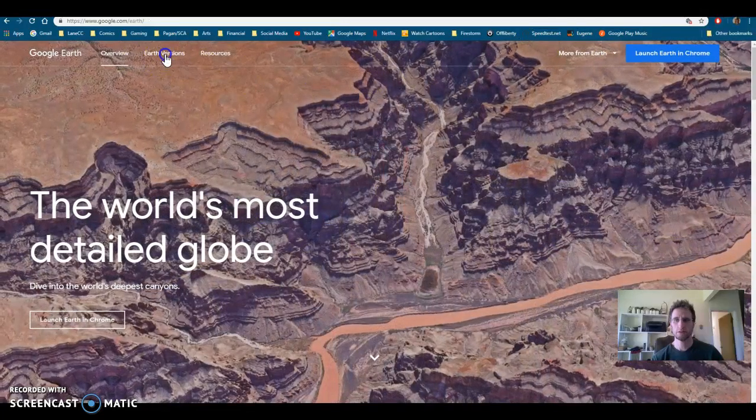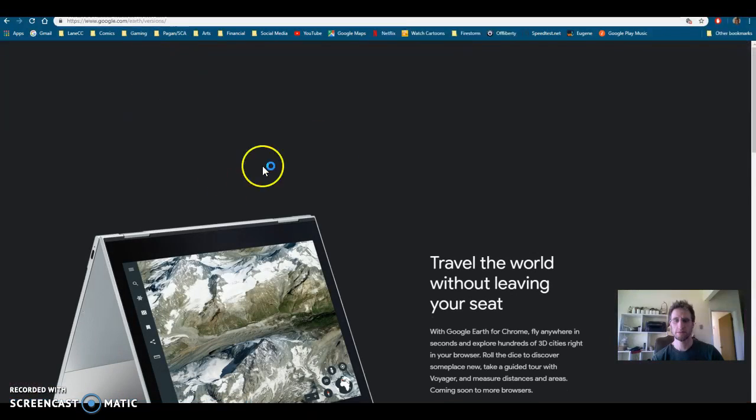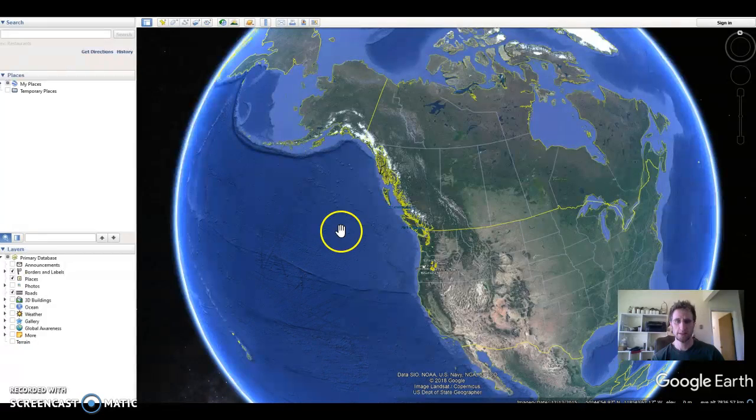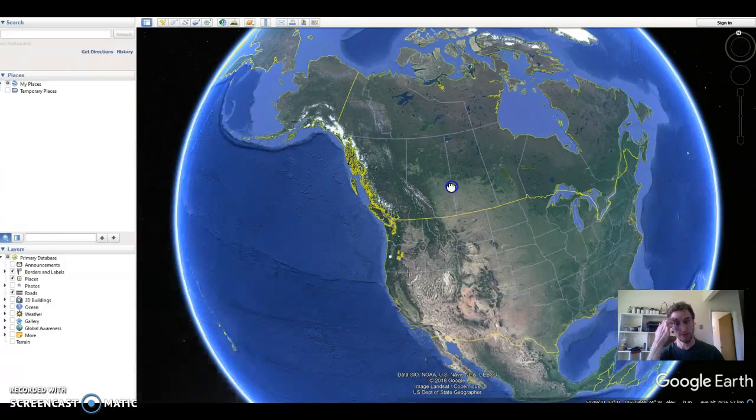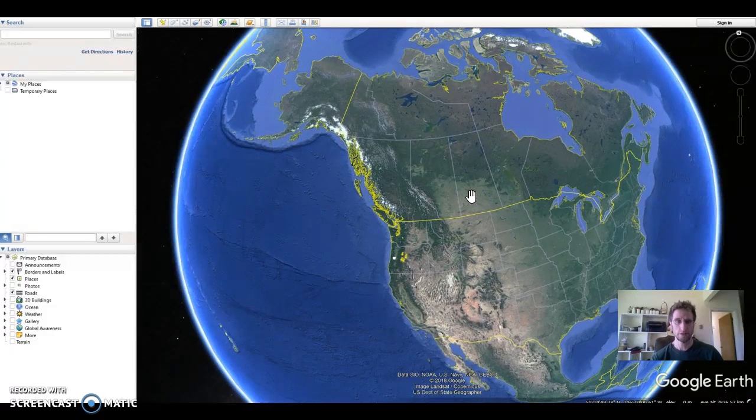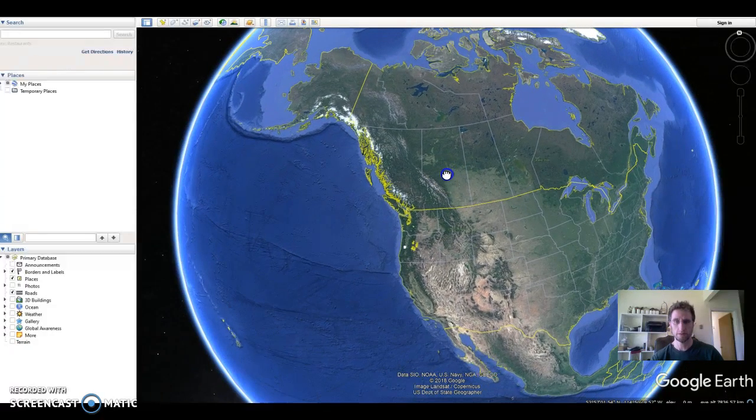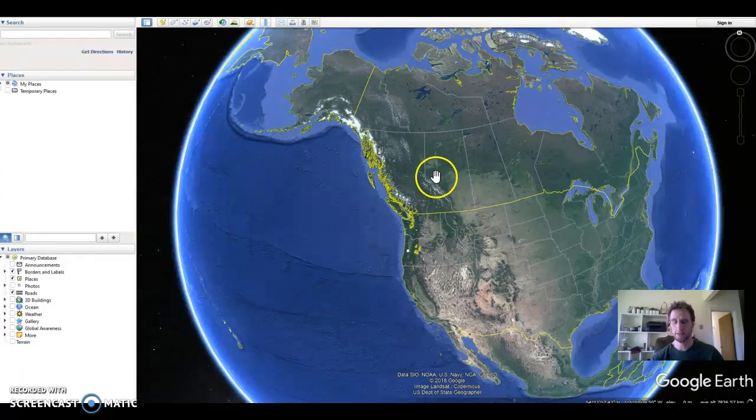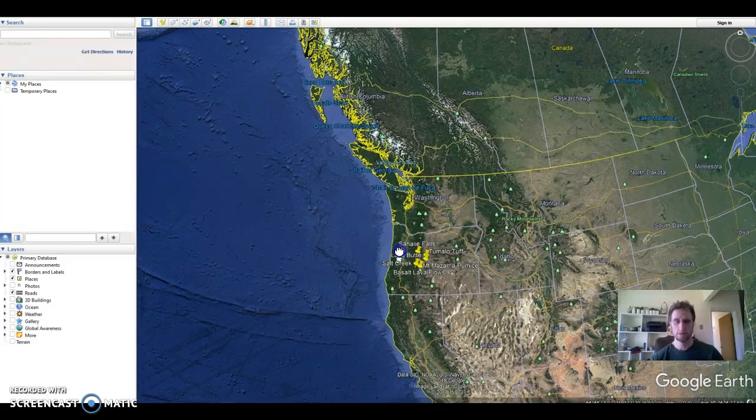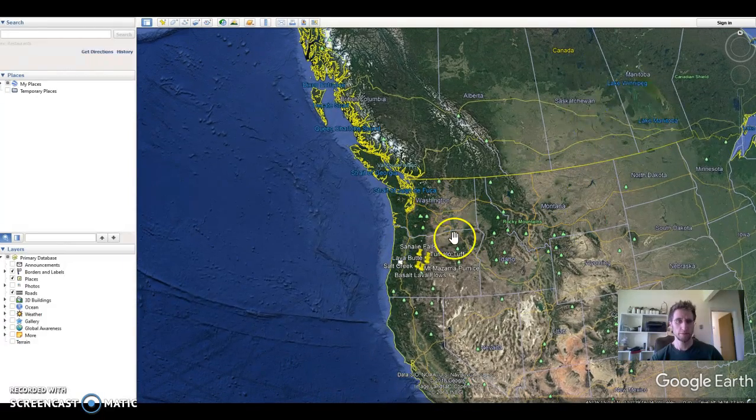You can still go to the Earth versions here, and what you'll do is download and install Google Earth Pro. Let me show you what that looks like. This is Google Earth Pro. It has a lot of different features that the web-based version does not. But for those of you who are not too familiar with how to use Google Earth Pro,